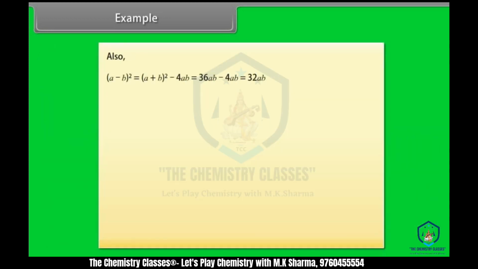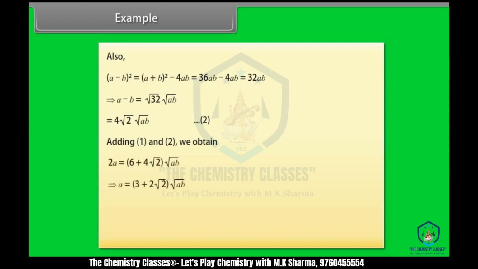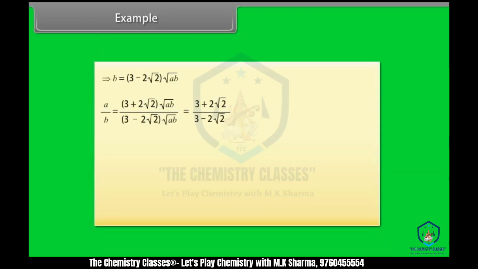Also, square of A minus B can be written as A minus B is equal to 4 into square root of 2 into square root of AB. Let it be equation 2. Adding 1 and 2, we obtain, substituting the value of A in equation 1, we obtain A by B is equal to 3 plus 2 root 2 divided by 3 minus 2 root 2. Thus, the required ratio is